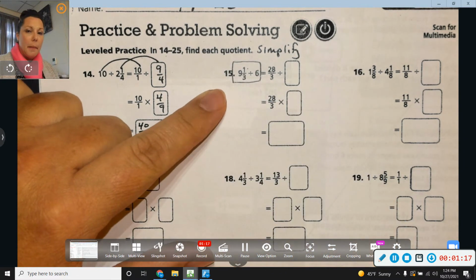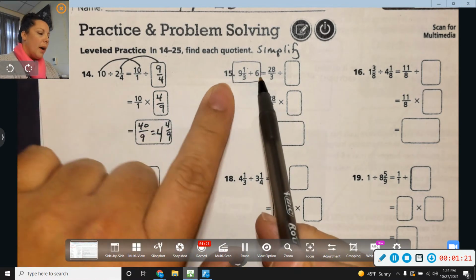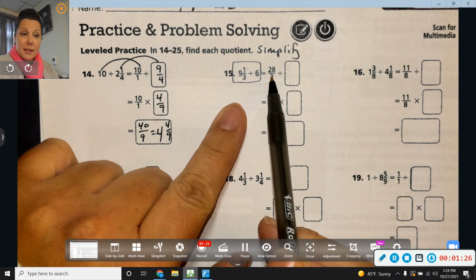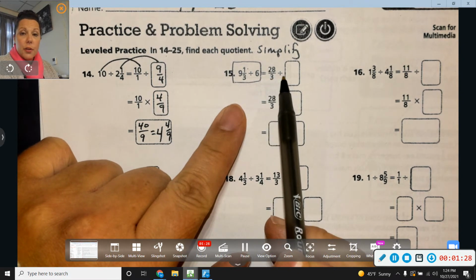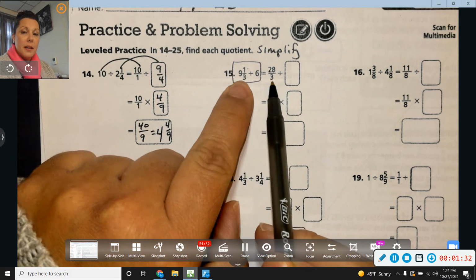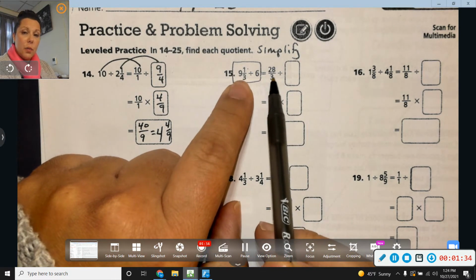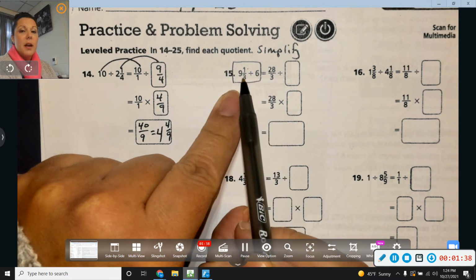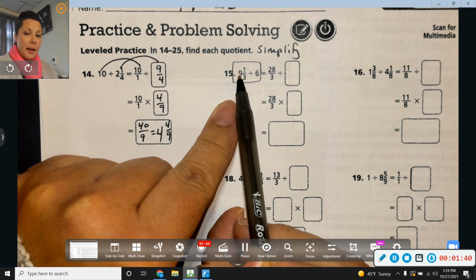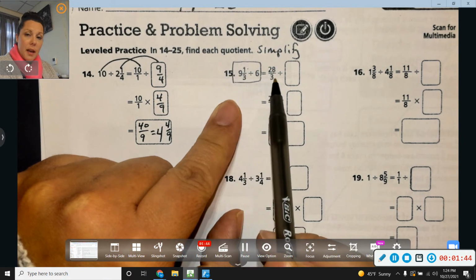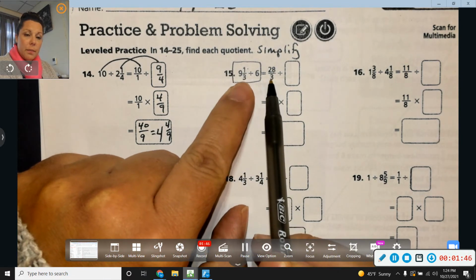This is the problem. 9 1/3 divided by 6. When we look across the equal sign, we want to still see 9 1/3 divided by 6. But what they did for us is they wheeled 9 1/3 and they gave it to us in an improper fraction. So 3 times 9 is 27, plus 1 is 28,